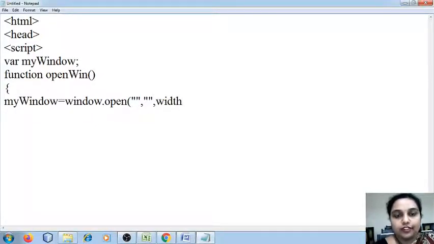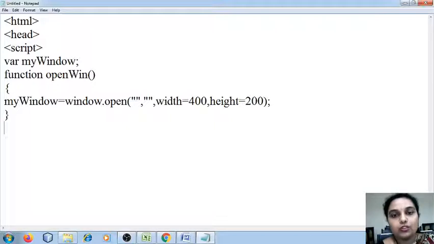Then I'm going to specify the width as 400 and height as 200. So in this function I have used the open method of the window object to create a new window of size 400 in width and 200 in height.